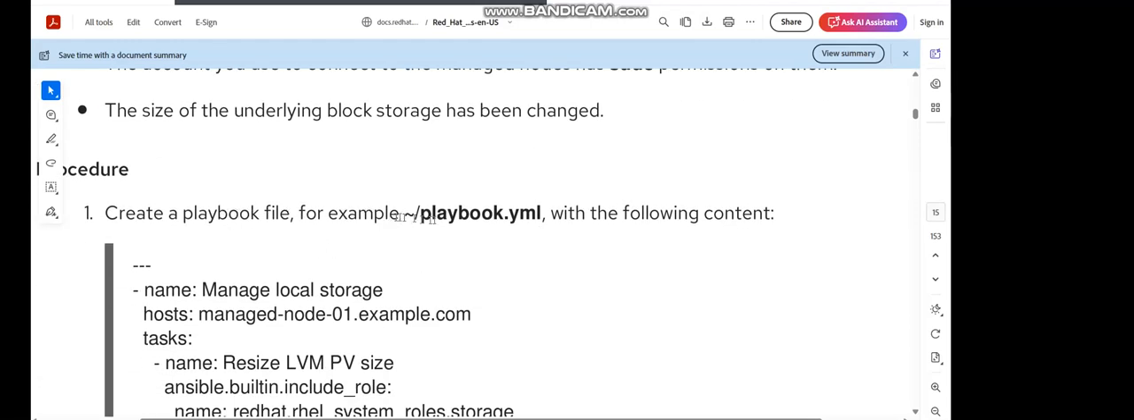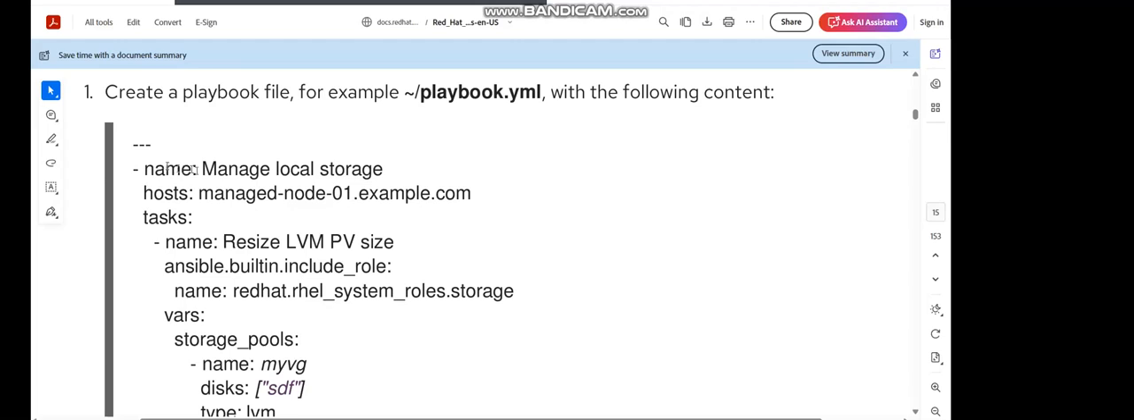Create a playbook file called ~/playbook.yml with the following content: --- name: Manage local storage, hosts: managed-node-01.example.com, tasks: - name: Resize LVM PV size, ansible.builtin.include_role: name: redhat.rhel_system_roles.storage, vars: